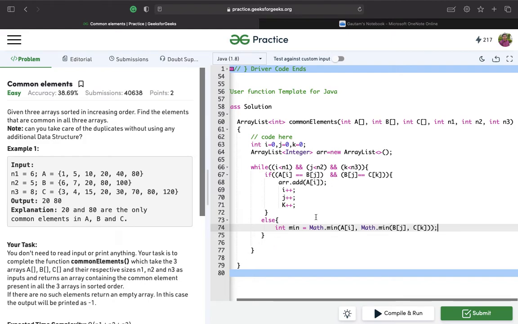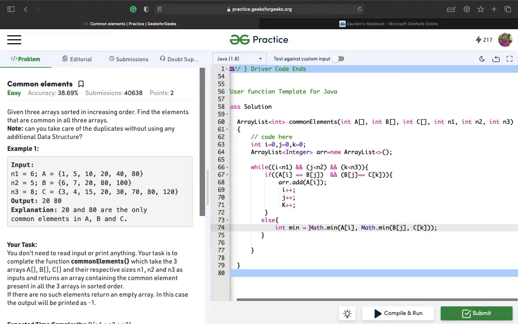What I've done over here is called chaining of functions. I've applied one function inside another function. This is Math.min inside the parent Math.min. It will return the minimum element from these two, and compare it with a of i and return the minimum of all three.